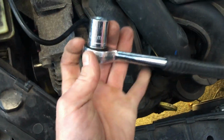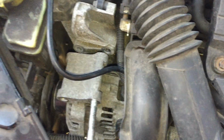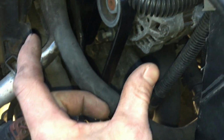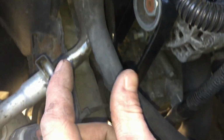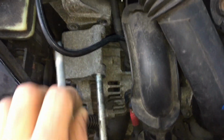Right, so I've got a 15mm socket and a ratchet. I'll undo these two first. Right guys, I've undone this bottom nut as far as I can get it out as it is. That's an awkward one. You're going to need a long socket, so it's a 15mm, and I've had to switch between a long socket until it comes out so far, and then go back down to a normal size socket. And up here you've got this bar which goes in that one, which I undid first, pulled straight out,